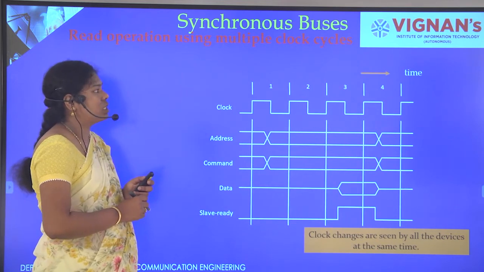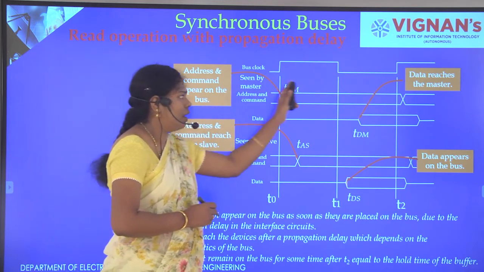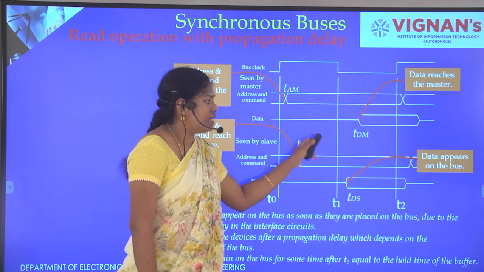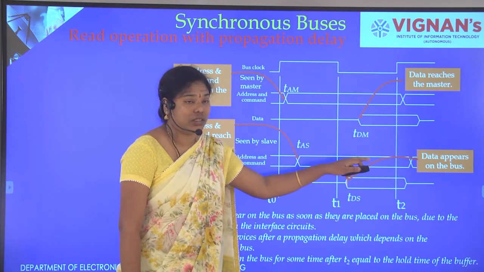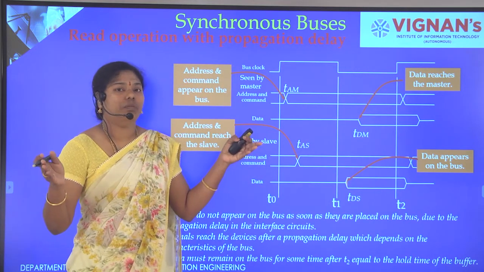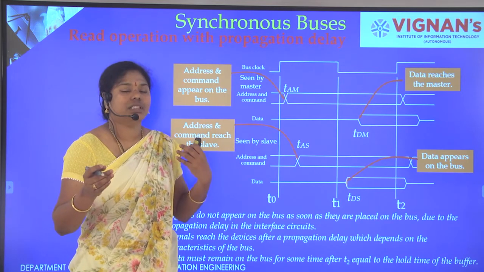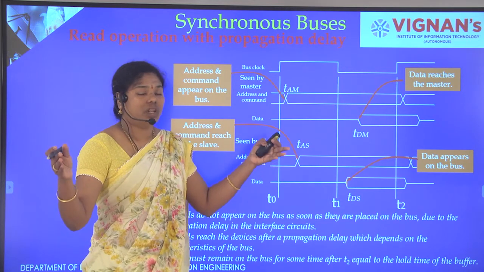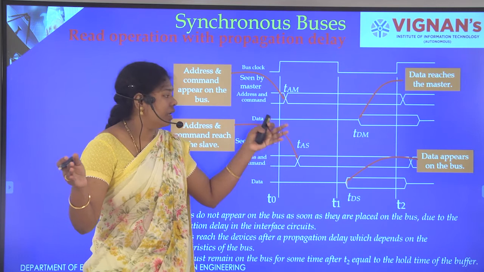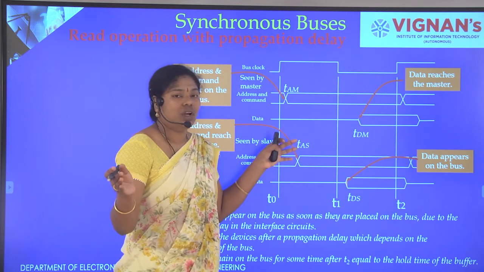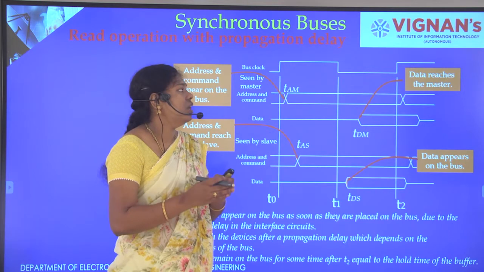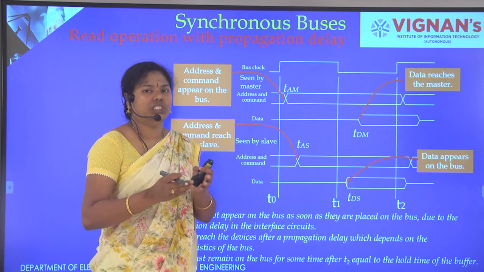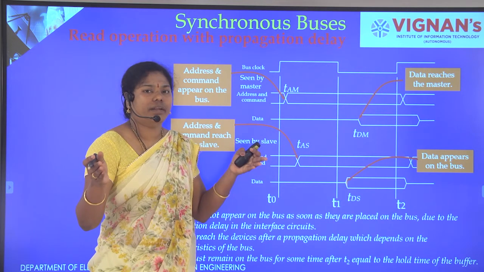Next, with multiple clock cycles. In the previous example we considered only a single clock cycle. Within the single clock cycle it has to perform multiple operations, so the clock time will be longer; that is, it is a low frequency signal. The clock period should be taken as long to complete all the actions. This is the disadvantage. Different applications require different times, but depending on the application we can't change the clock period.